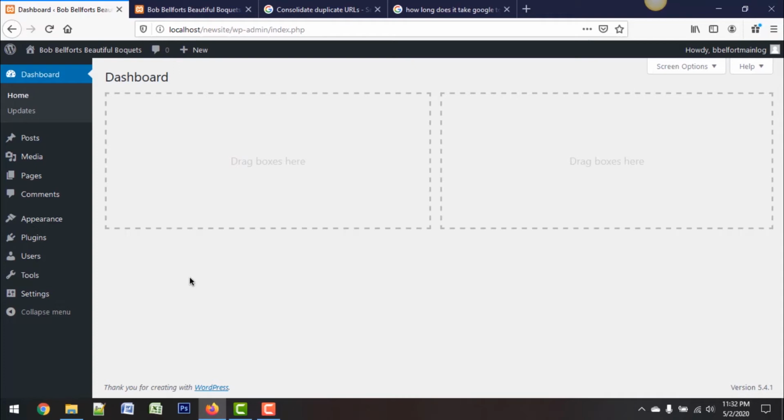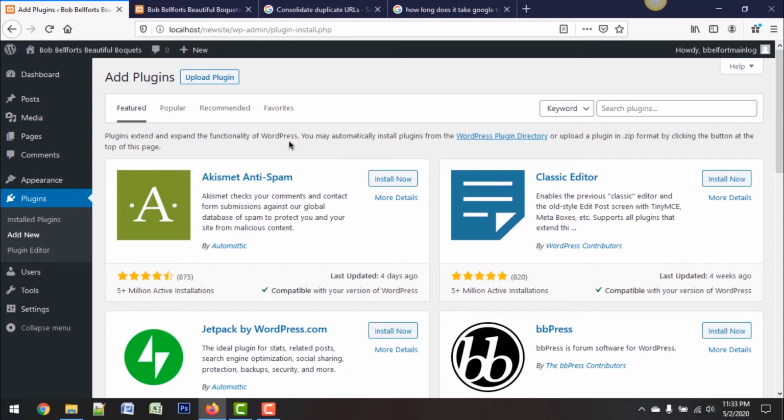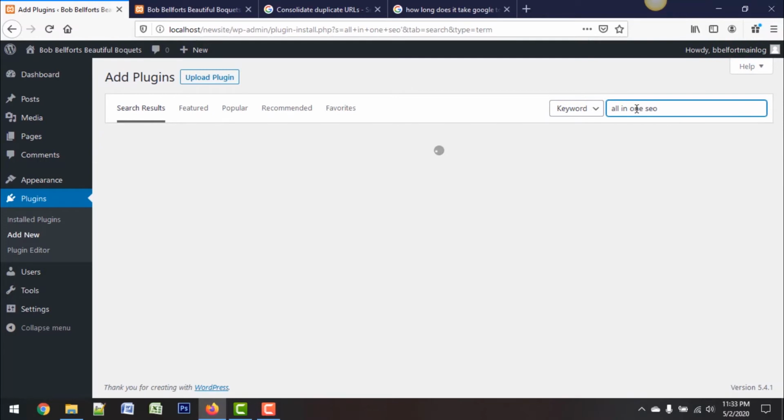But in order to take care of a lot of these SEO issues like consolidated URLs and all that, it's actually going to be a plugin, and I'm just going to install it now. We may not configure it now, but I am going to at least install it and let you know what 2 options you're looking at. So you have 2 options when you're looking at SEO. You have all-in-one SEO, which is a tried and true,